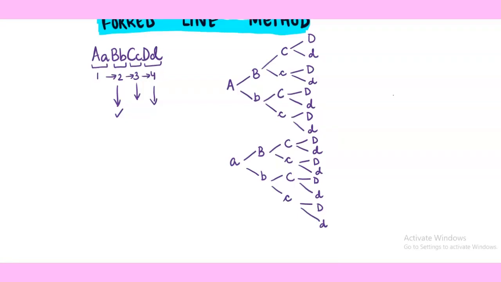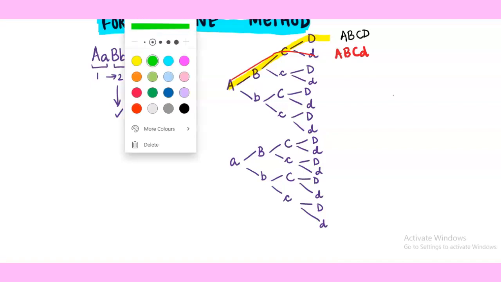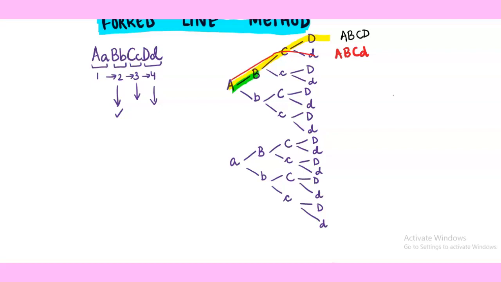Then after this, when you write the gametes, you have to go like this. First you will go like this and write the gamete here. It will be capital A, B, C and D. Then you will move like this: A, B, C and D. So it will make your gamete A, B, C and D. Then you have to move later in another line. It would be A, B, C and D. You will write the gamete here.